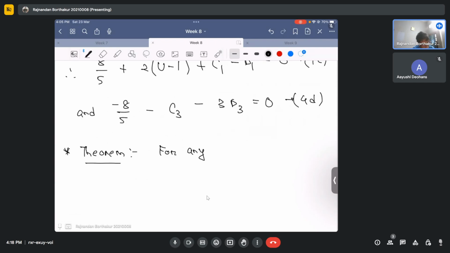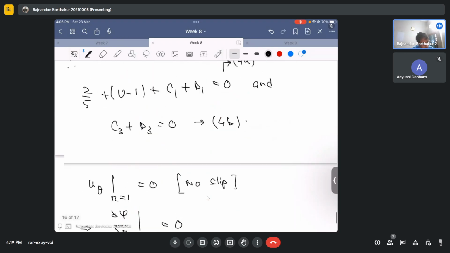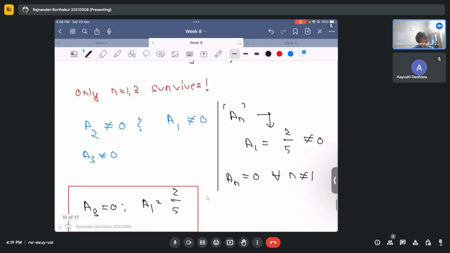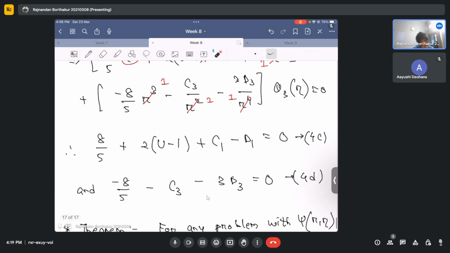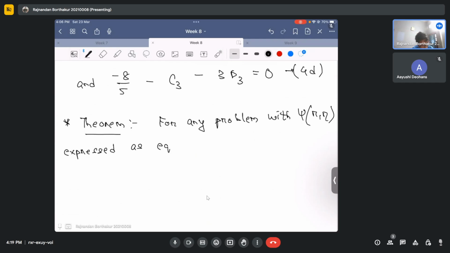So the theorem says for any problem with psi as a function of r and eta, if you are able to express psi in this form, that is this series solution, expressed as equation 1. So remember, equation 1 was that general series solution of psi that one gets by using the eigenfunction expansion. Okay, so for any problem with psi, if you can express that as equation 1,